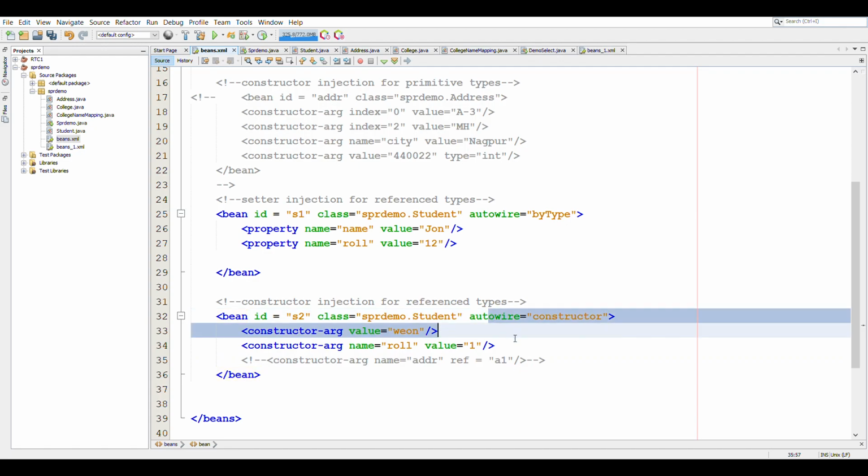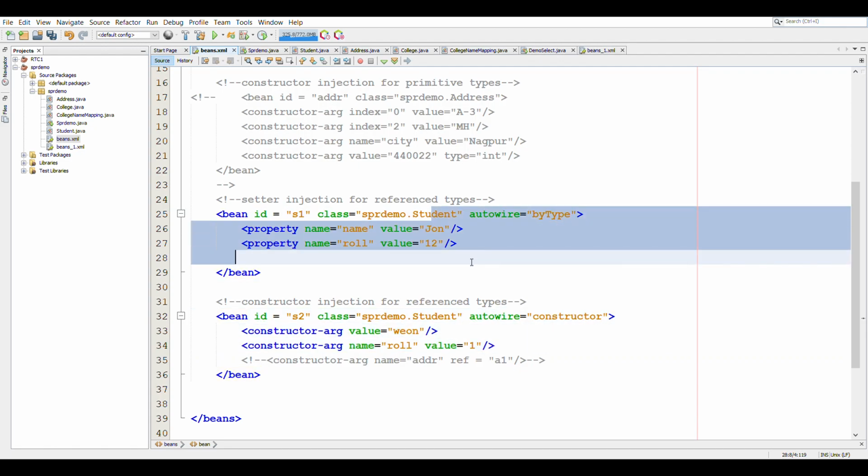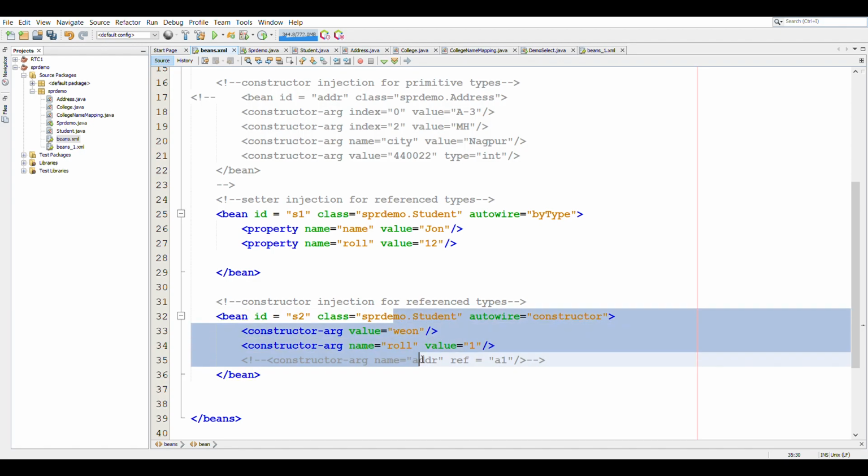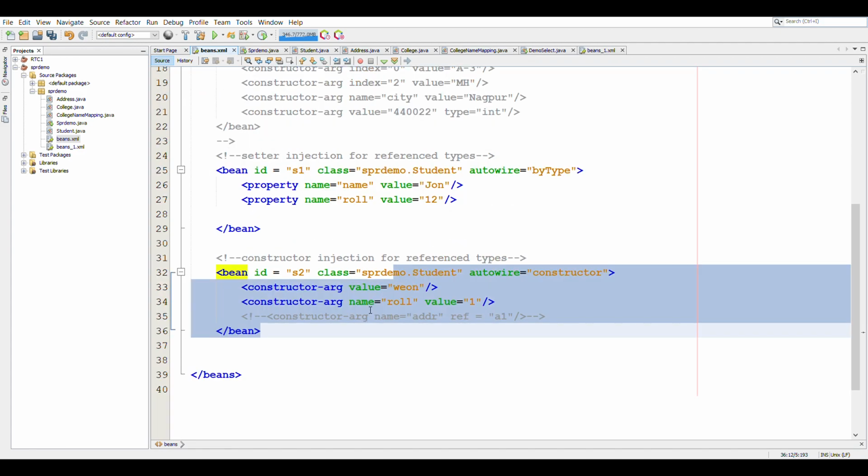So this is very similar to auto wiring by type, but we use auto wiring by type for the property tag, that is for setter injection. But if we are using constructor injection, then we use auto wire mode to be constructor. So this will also require a single bean of type address.